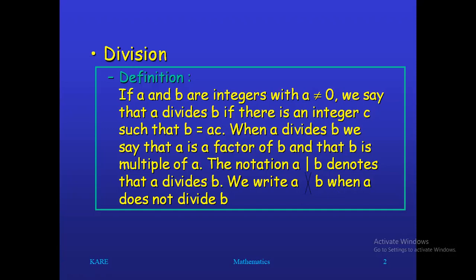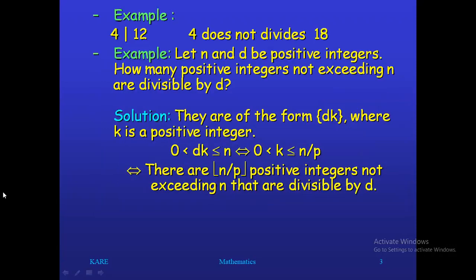Everybody, we are familiar with this. Then an example I can give here: 4 divides 12. But 4 does not divide 18. So 4 divides 12 means I can say that 4 is a factor of 12. At the same time, 12 is a multiple of 4. So a divides b means how are we writing it? b is equal to ac, is it not? Same thing here. This 4 divides 12 means I can write 12 as 12 is equal to 4 into 3. 3 is nothing but my integer. And here, as usual, we know 4 does not divide 18.